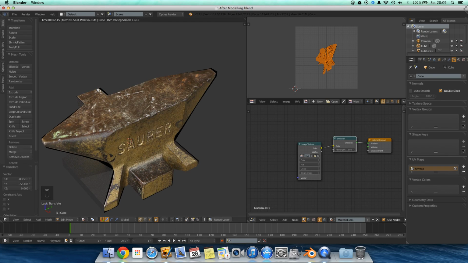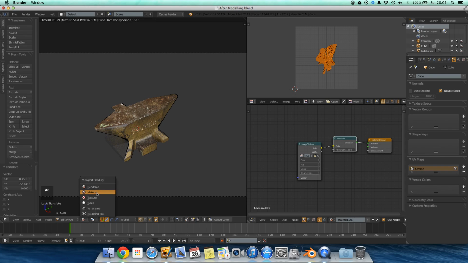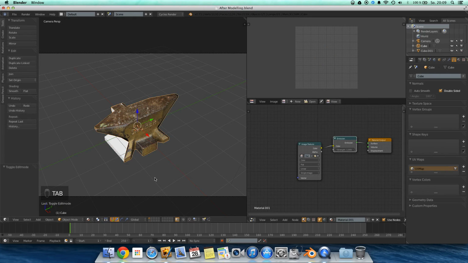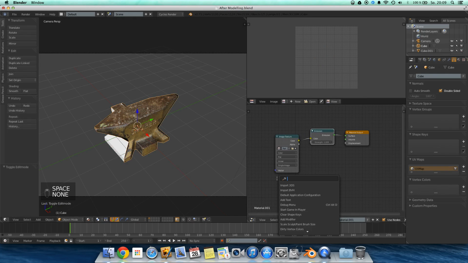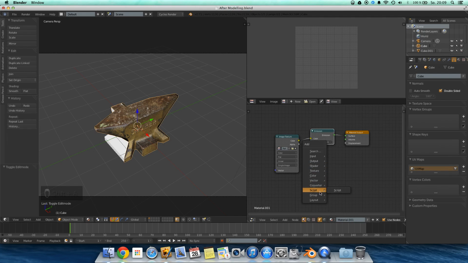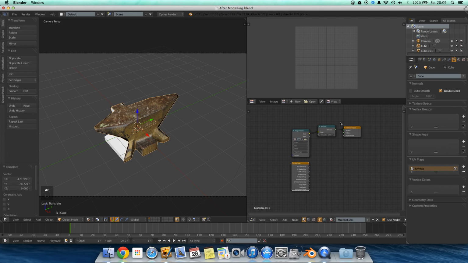Yes, you see it, but Blender doesn't take use of the transparency, so we have to fix this. So we first add in a light path. It's actually under input, light path here, yeah. And then we connect its camera ray to the strength of the emission shader, and after that we add in